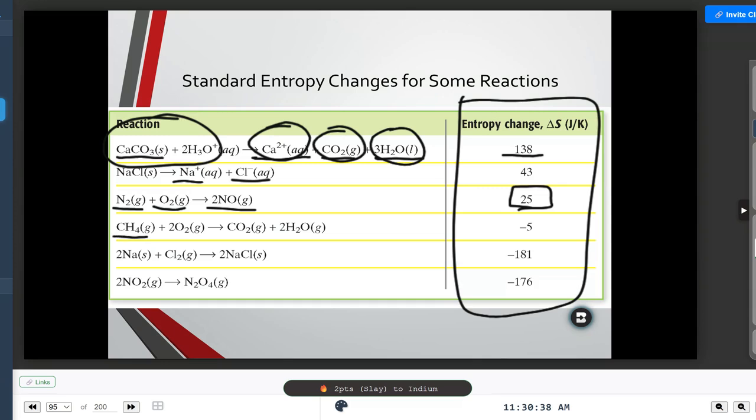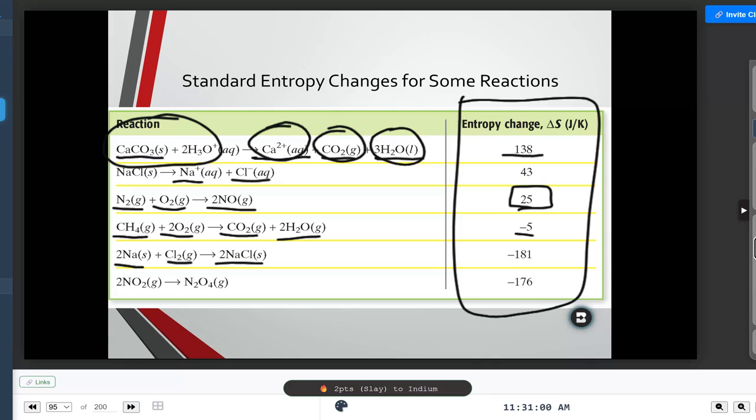If we look here, we have CH4 plus 2O2. We have the same number of particles over here, right? So we had 3 particles on both sides, and yet it's a little bit negative. We do have gases all the way around. And so again, why is it a little bit negative? It might have to be experimentally figured out. The middle ones are a little bit iffy, but now we get to something that's a little bit more obvious.